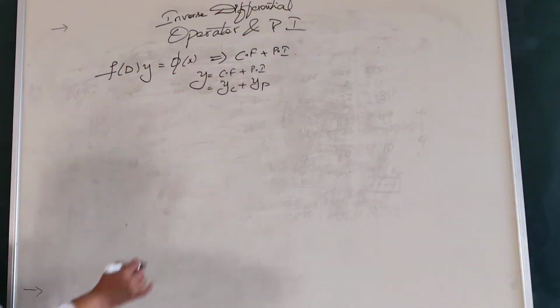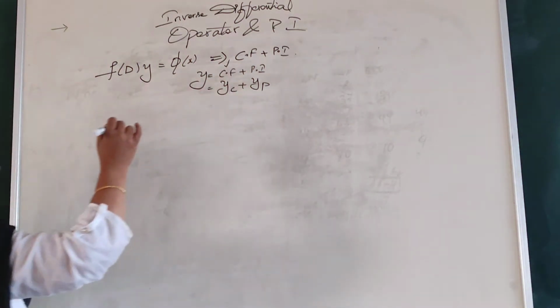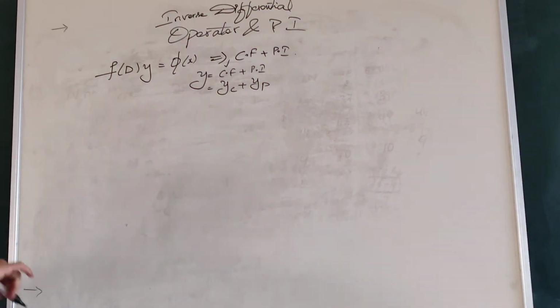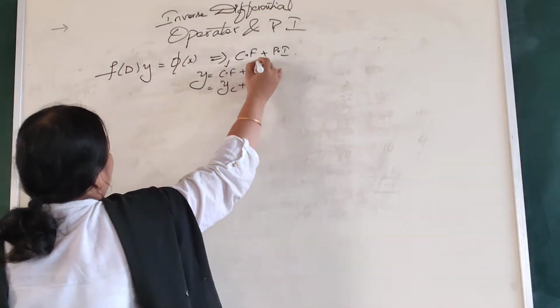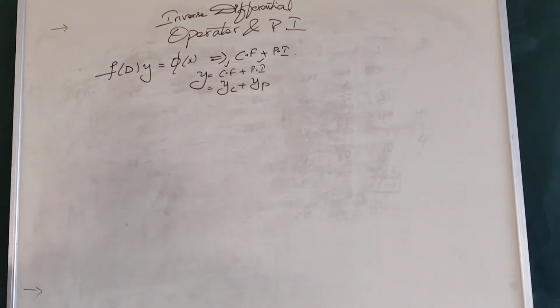function. This complementary function should be found by the same procedure we followed for homogeneous equations. And to find the particular integral, depending on the nature of the function phi of x, we have different types. Under the scope of your syllabus, we discuss around 3 to 4 types. Got it? So, let us go ahead and see one by one how they look.